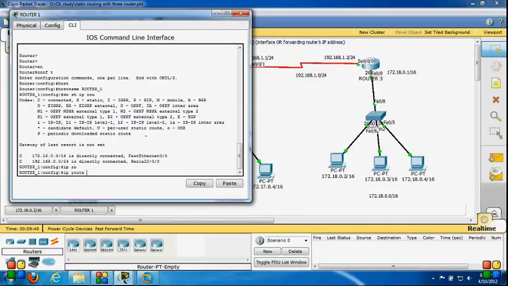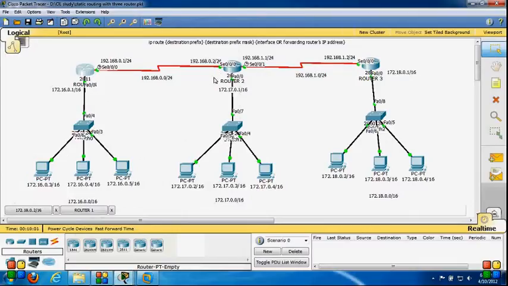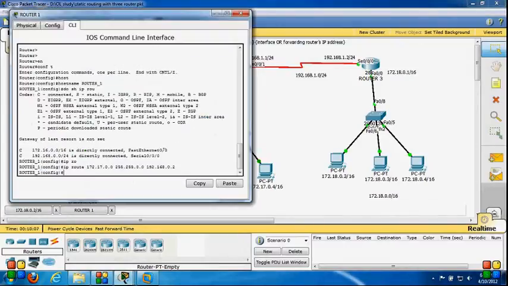My destination network is 172.17.0.0, the subnet mask is 255.255.0.0, and the next hop IP address is 192.168.0.2, which is the serial 0/0/0 interface on router 2. Let's hit enter.